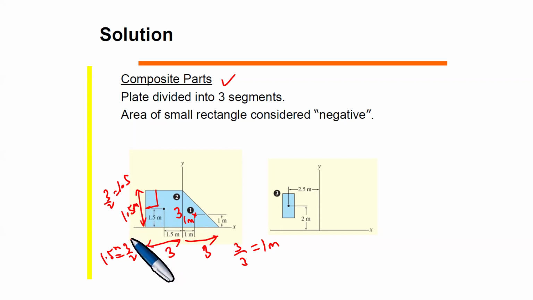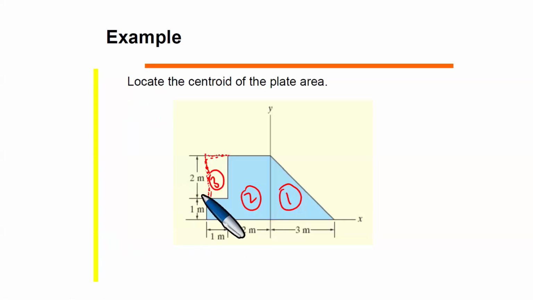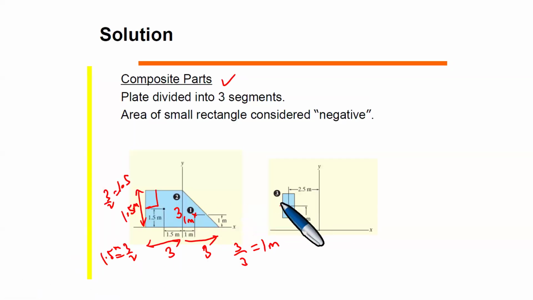1.5 meters. Now, let's look at these together. Remember that the small piece here is 2 meters high, and then 1 meter here. So if it's 2 meters and then 1 meter, you need to divide this particular section by 0.5 because for the rectangle you divide by 2. So you divide the 2 by 2, and then you would have a 1